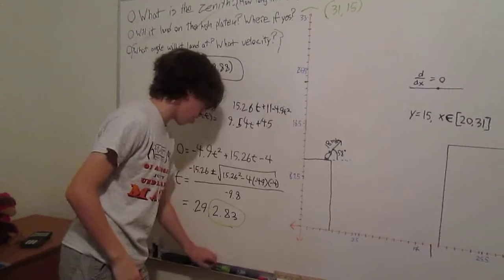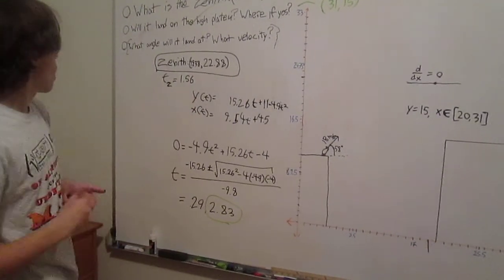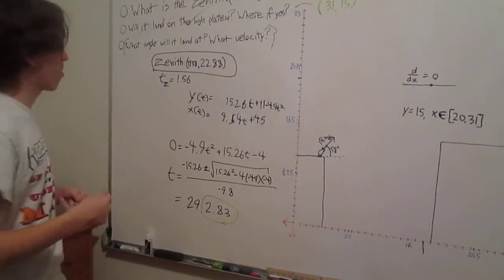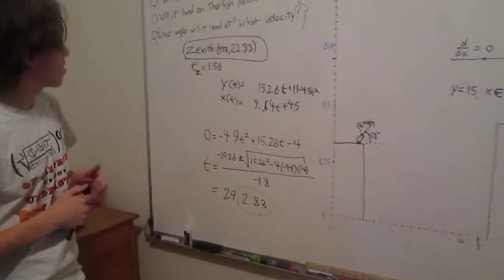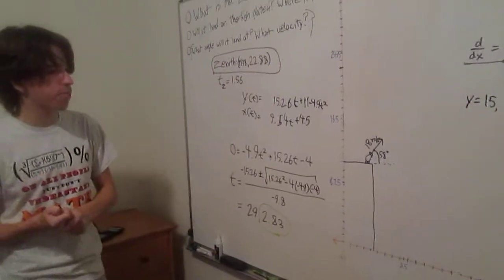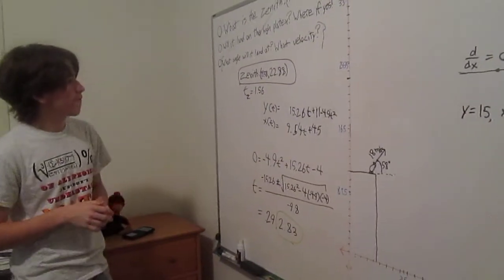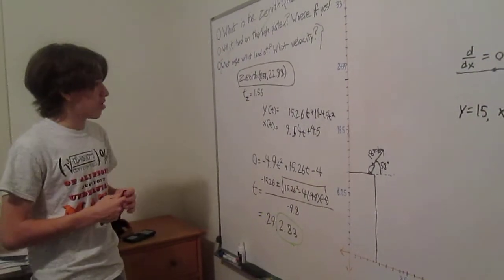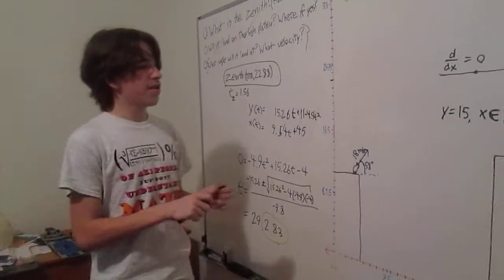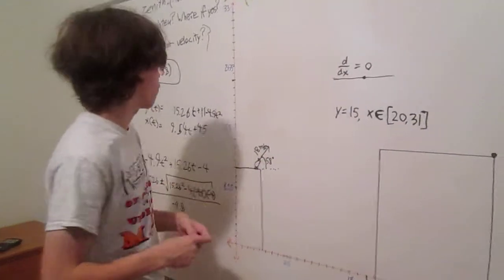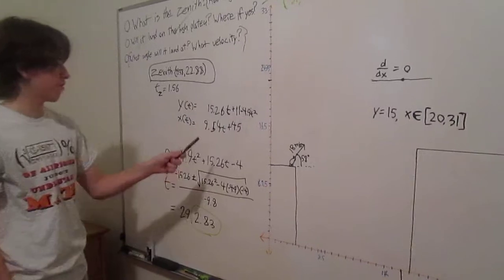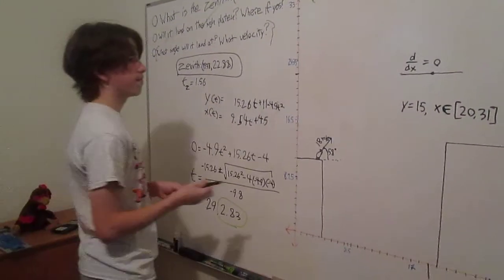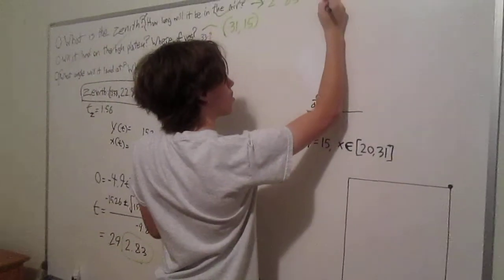Now come the hard ones. So, what angle will it land at, and what velocity? Now this isn't actually that hard. All we need to find is different components at that point. So, first let's find what velocity it will land at. Basically we need to find the derivative of one function, and we know the derivative of the other function because it's incredibly easy. It's a very simple derivative. So, I'm going to do it over here. So we need to find the